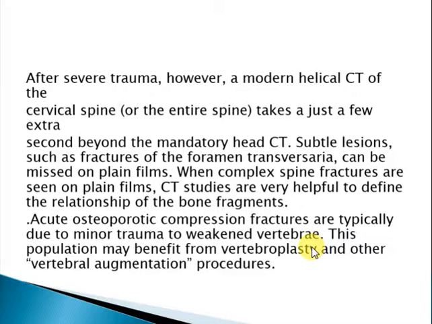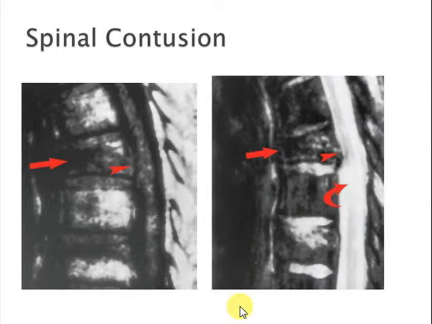And the CT studies are very helpful to define the relationship of the bony fragments. Acute osteoporotic compression fractures are typically due to minor trauma because the vertebrae will be osteoporotic and weak, and this population will benefit from what's called vertebroplasty or vertebral augmentation procedures. For example, in this case, you can see there is a loss of height here with mild bone marrow edema